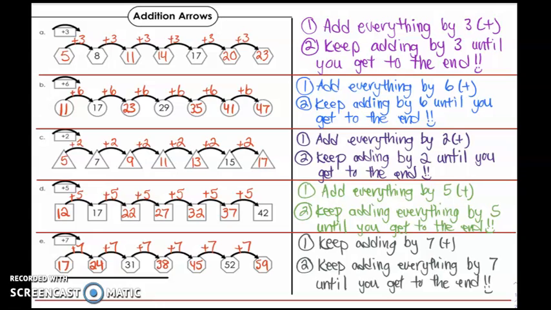Now, first graders, here's the first thing I want you to look at. You see the title? Addition arrows, okay? Addition means you add. You see that plus there? There's a plus in front of these numbers that are on top of these arrows. This is what this represents. Addition arrows, you see? Now look, first graders, we're just going to focus on A here, this whole section on